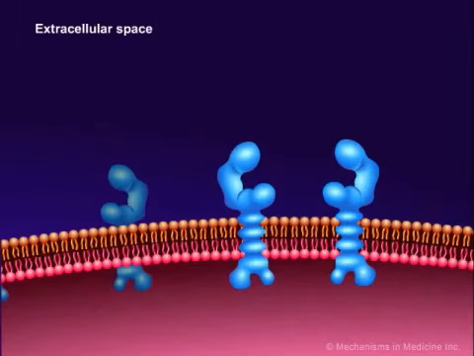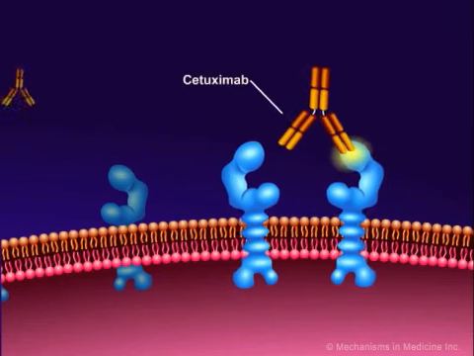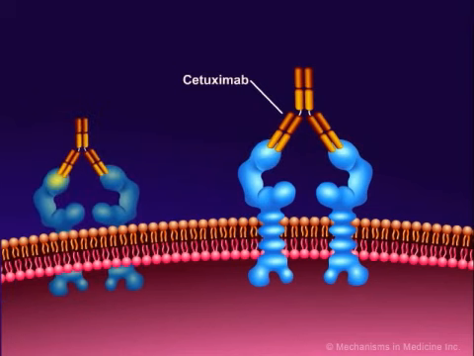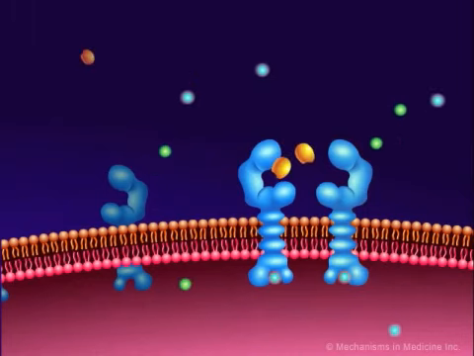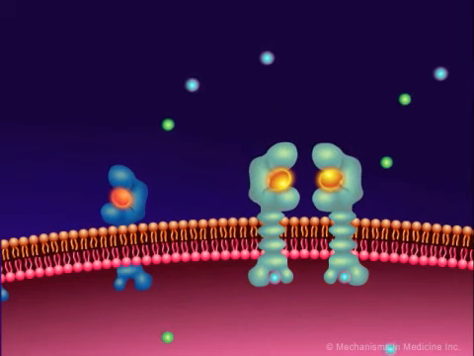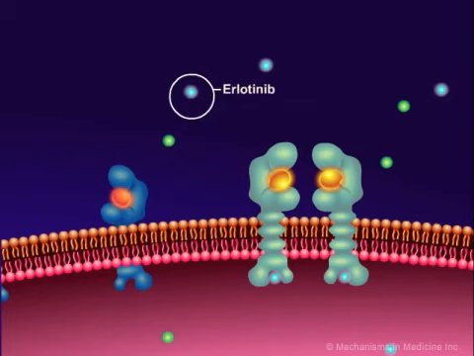The receptors on the surface of normal and tumor cells can be inhibited directly. Cetuximab, or Erbitux, is an example of this. It is a chimeric antibody that binds directly to the epidermal growth factor receptor and competitively inhibits the binding of EGF and other ligands, such as TGF-alpha. Another way to block the receptor's function is through small molecule inhibitors of receptor phosphorylation associated with them. For example, EGF receptors have a tyrosine kinase that can be blocked by the molecules gefitinib, or Iressa, and erlotinib, or Tarceva.